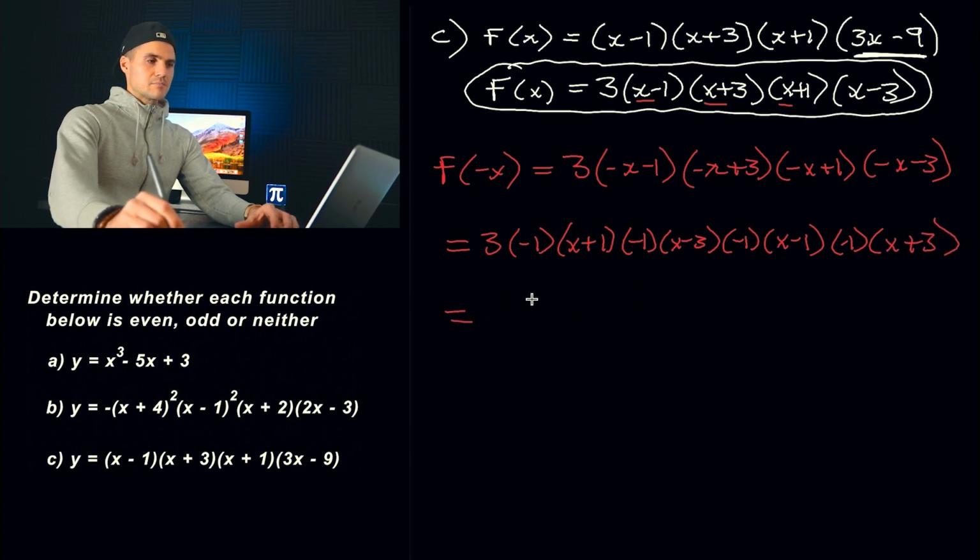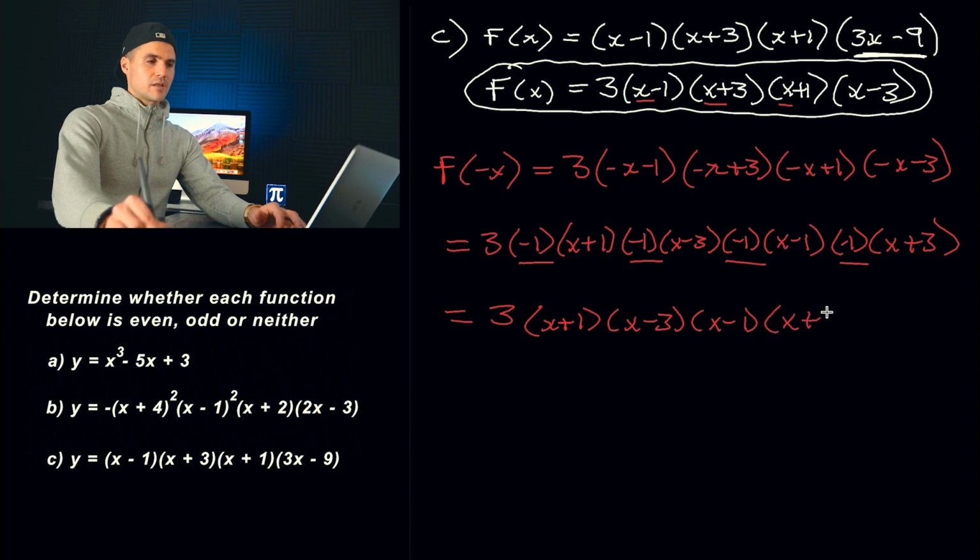And then let's simplify all these negative 1s. Now, how many of them are there? 1, 2, 3, 4. So it's like negative 1 to the power 4, which is going to be positive 1. So we would just end up with a 3 in the front. We'd have a positive 1 there as well. We don't have to write that. And then we'd have x plus 1, x minus 3, x minus 1, and then x plus 3,